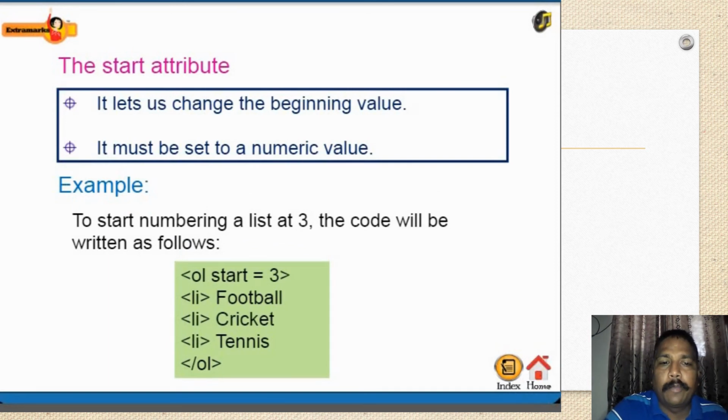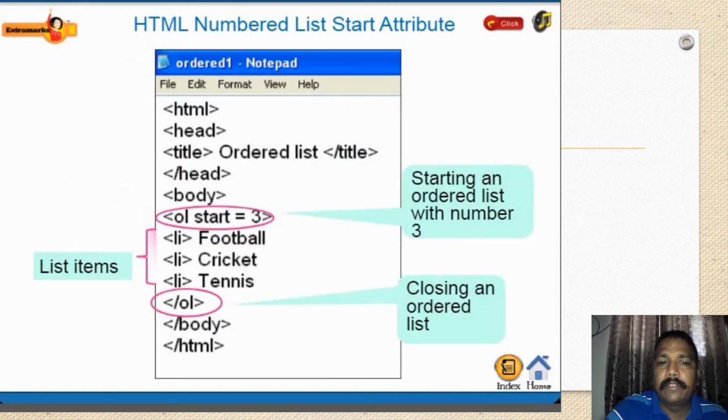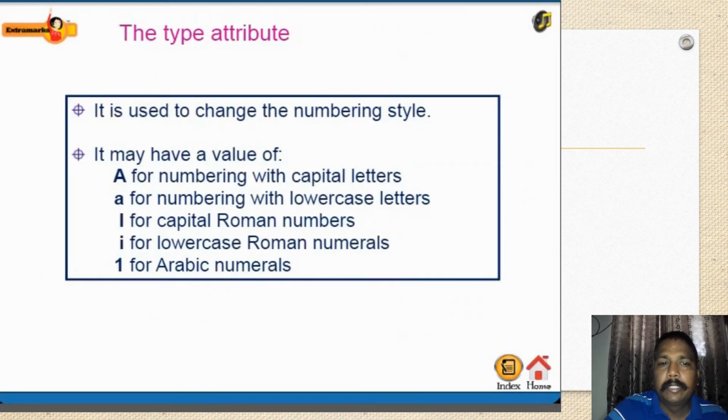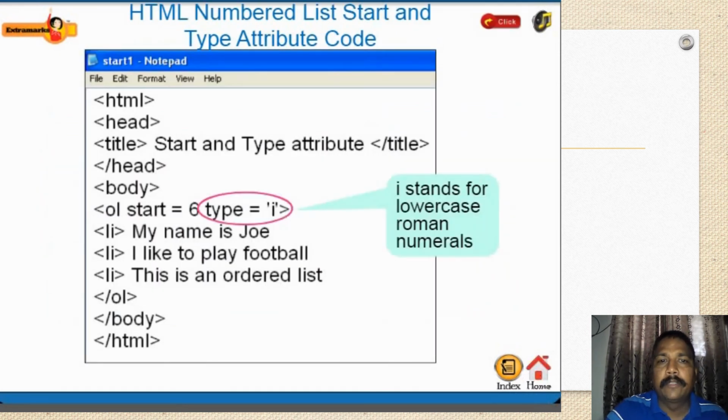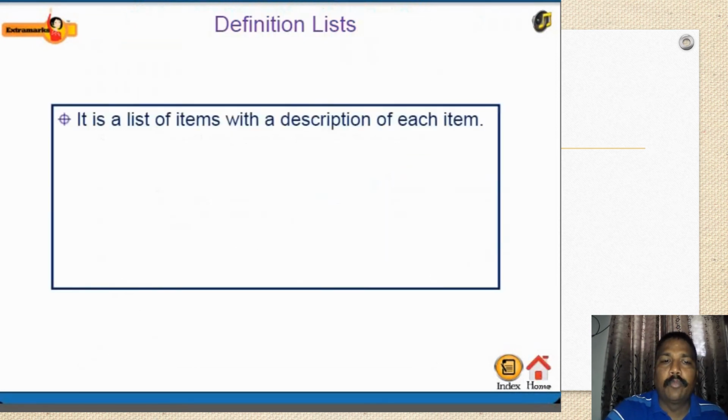Now the output will be 3, 4, 5, 6. For type, the values are A for capital letters, small a, capital Roman numbers, and lowercase Roman numbers, and Arabic numerals, which are the default. Small i stands for the lowercase Roman.